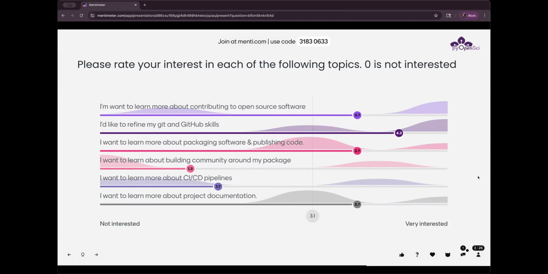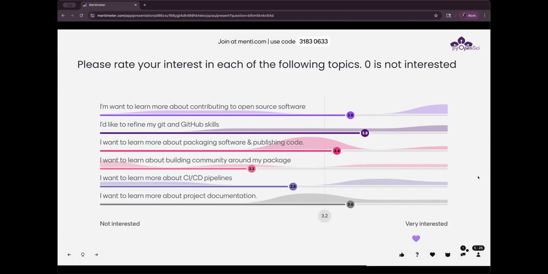What topics are most interesting to you? And we're going to sit on this slide for just a little bit because I just want to understand where's most of the interest? And this would be like if we were to hold another workshop, what thing or things would you want to see in that? And while we wait for answers,